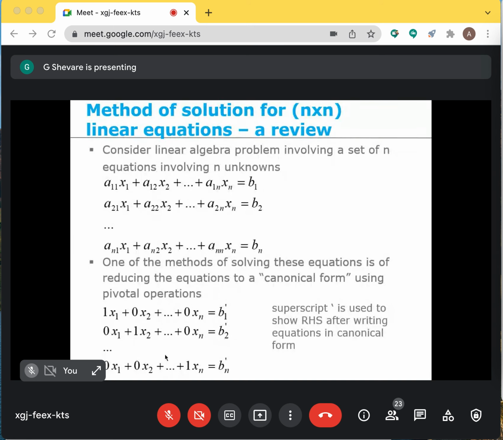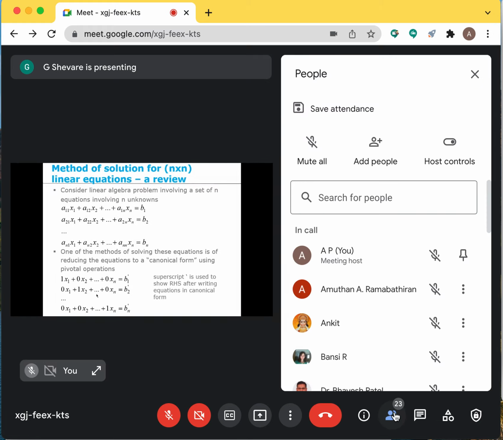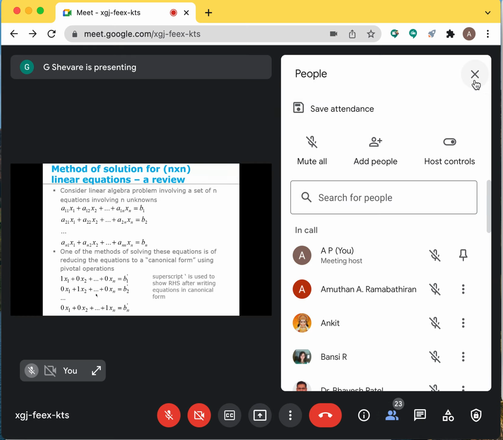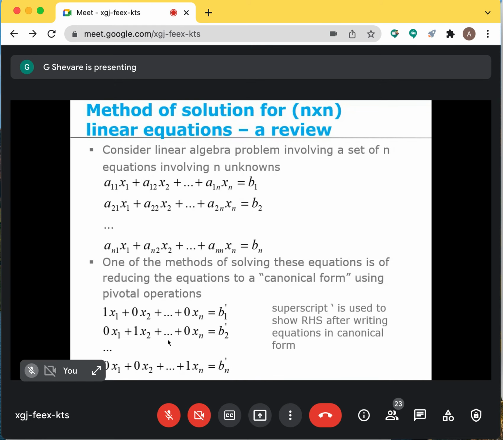Anyway, I think we have come to some conclusion of what we wanted to say, to a certain level, in linear programming. Now we'll have a sort of review of what we call the pivotal method in the solution of linear equations, which is a mathematical tool based on which the linear programming problem is solved.